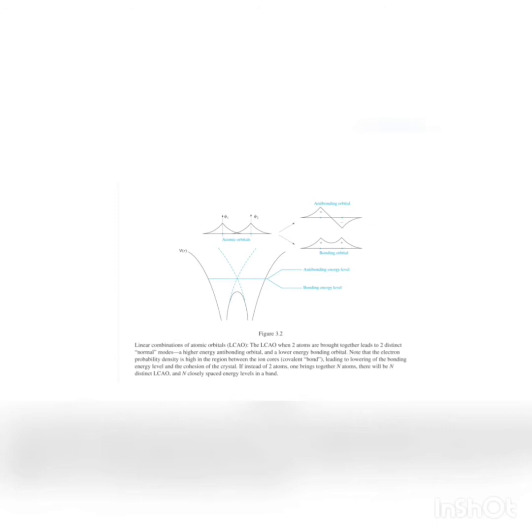So we have seen that the amplitude in a bonding orbital will be more than the amplitude in an anti-bonding orbital, and the probability of finding an electron in the bonding orbital will be more than in the anti-bonding orbital, and the energy level in the bonding orbital is less than in the anti-bonding orbital. We saw the example of the hydrogen atom, and we saw the wave function also in the last class. So we can see here